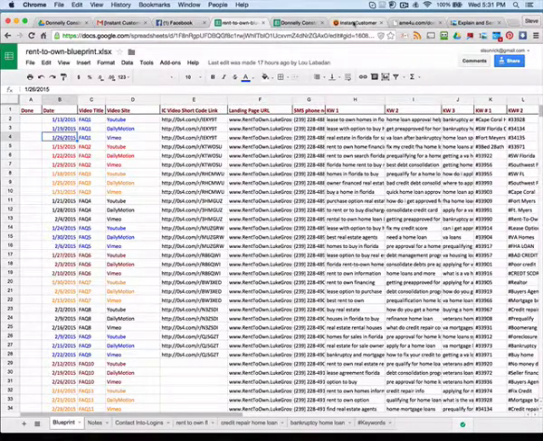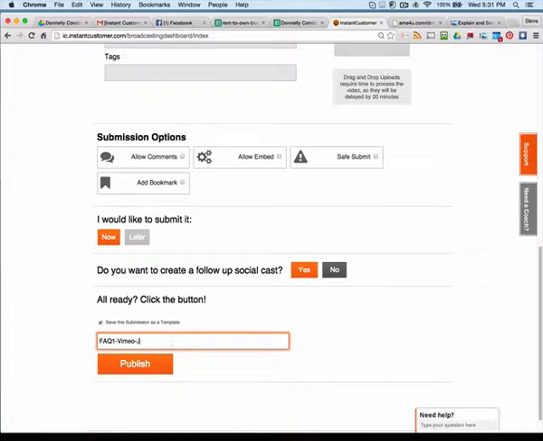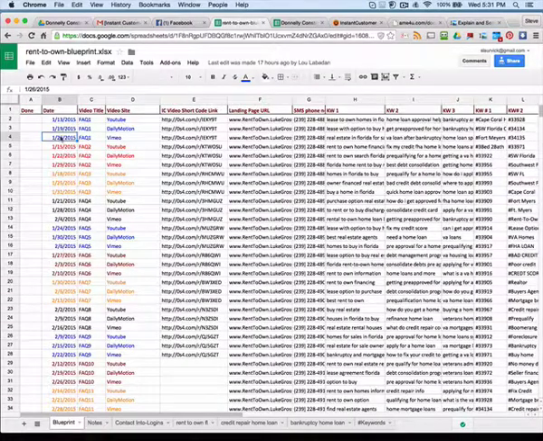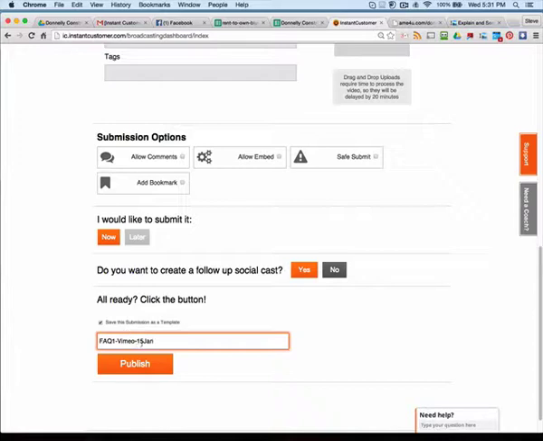So again, the naming convention I want is January 15... Is that correct? Let me double check it. I'm sorry, 26 January. So it's 26 January 2015. 26th of January 2015. We can't create subfolders, and we need to be able to tell what these things are at a glance. So Vimeo